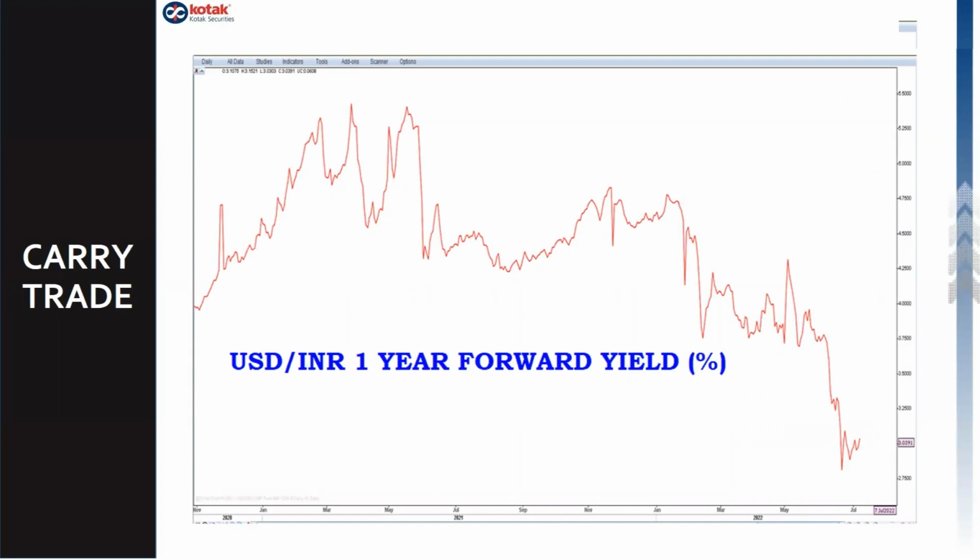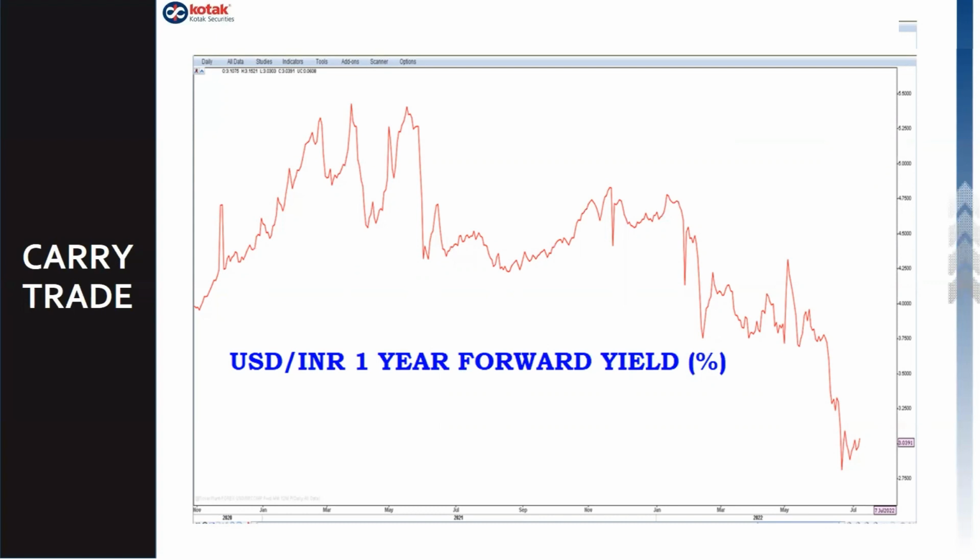This is a barometer of the carry trade, because the carry traders who short USDINR in the forward and the futures, for them, on one side, the view on the USDINR spot is important, because generally they do short USDINR in the futures when they expect the USDINR to fall in the spot market in the coming months or years. But another important factor which they consider is what is the premium that is currently prevailing for USDINR in the futures or forwards. This is known as a forward premium.